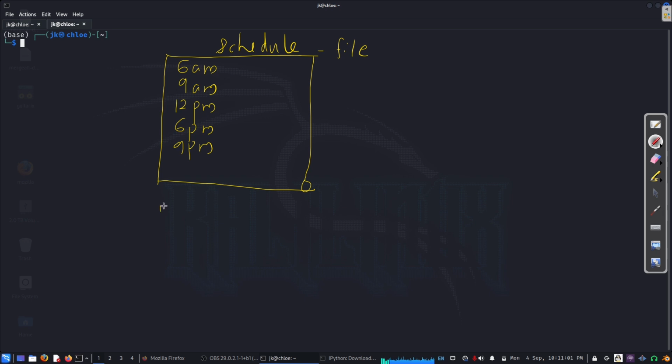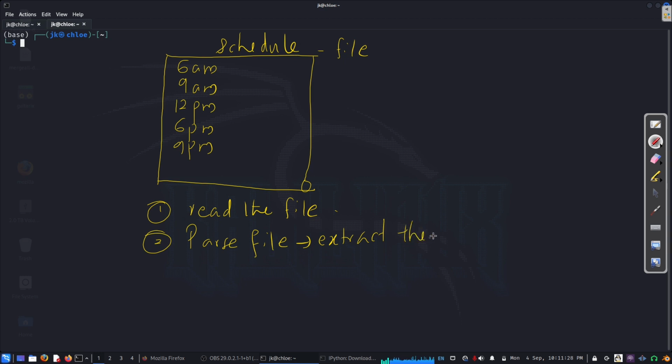So we need to open the file, right? So we have to read the file, right? Second thing, now we have to parse it, right? Parse the file, which basically is what we need to do. We have to extract the content, right? So which means we need to know